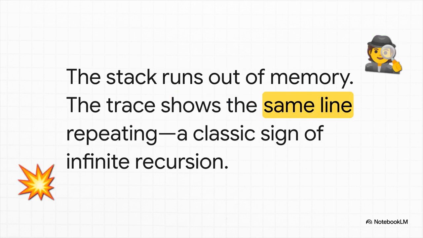And here's what happens. Remember our stack of frames? Well, with this code, a new frame gets added, and another, and the stack just keeps growing, higher and higher, until it literally runs out of space in memory. And that's when your program crashes with the infamous Stack Overflow error. If you look at the error message, it's a dead giveaway. You see the same line number over and over and over again. That's the signature of a recursion that's gone wild.